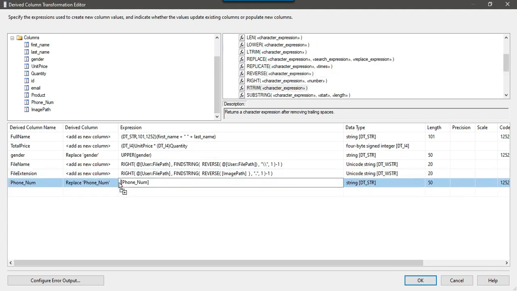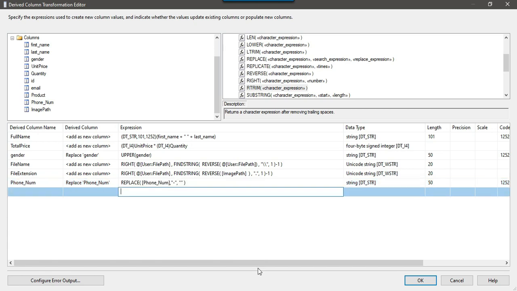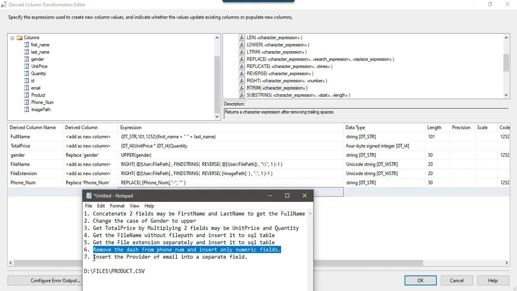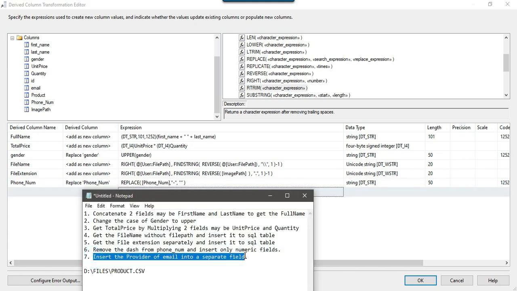We can use the replace function, and in the replace function we want to replace the values of the phone number, and we want to search for the dash and replace it with an empty string. Okay, so we are replacing the dash from the phone number with an empty space, and these are the double quotes. This is straightforward.